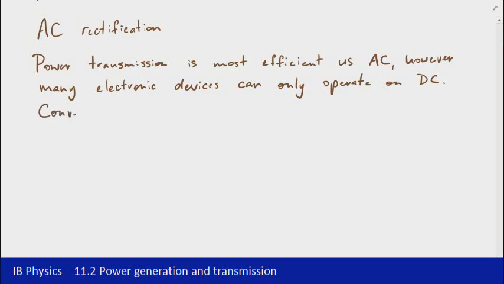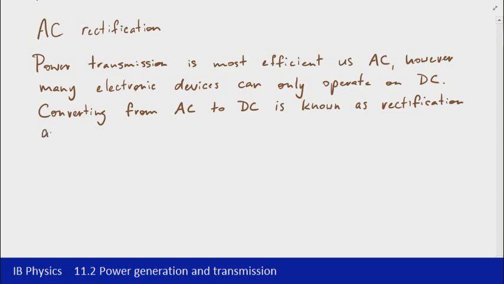That means we've got to be able to convert from AC to DC. So I've got to be able to take an alternating current and convert it to a direct current. That process is known as rectification. And with rectification,